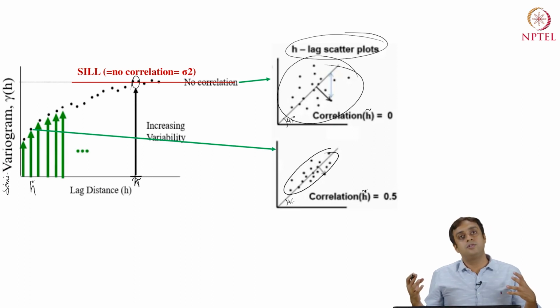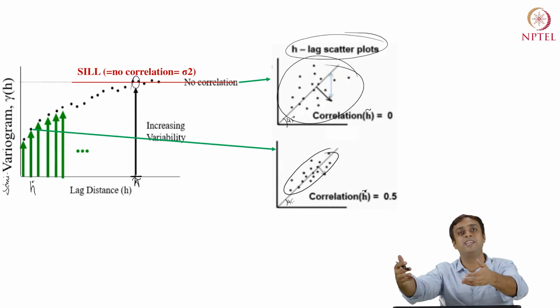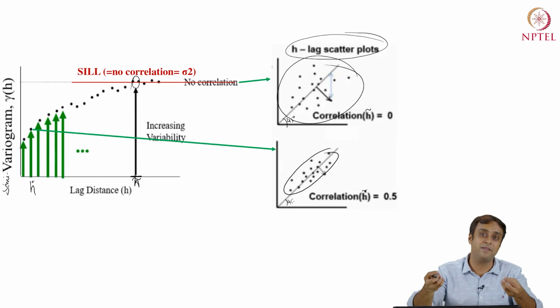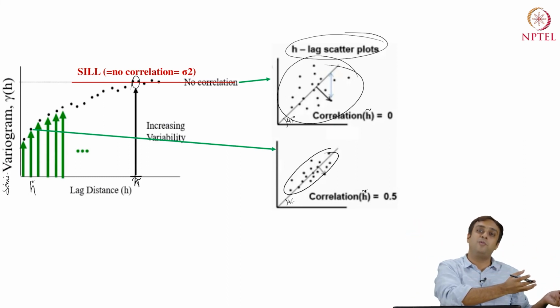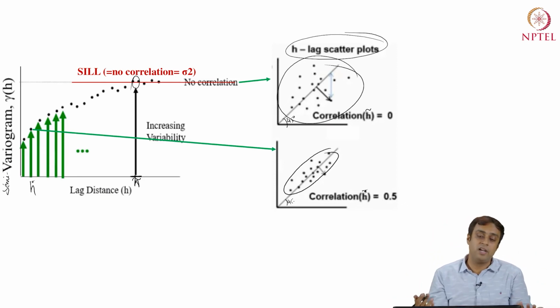So, when we started this lecture, we said we can look at the H bivariate scatter plot, which is coming from the local stationarity idea, something that we have seen earlier, and start to predict what a variogram value, or an experimental variogram, could look like. Now, I am saying we can go the other way around too, which should make sense, right, which is intuitive.